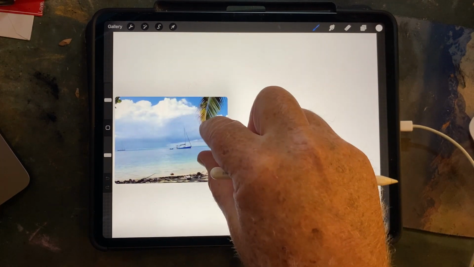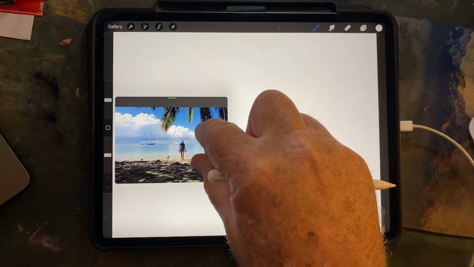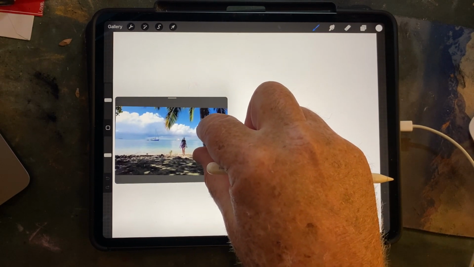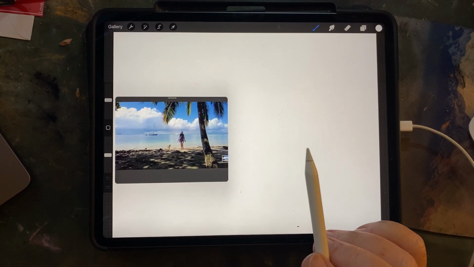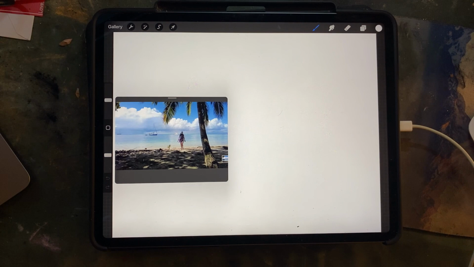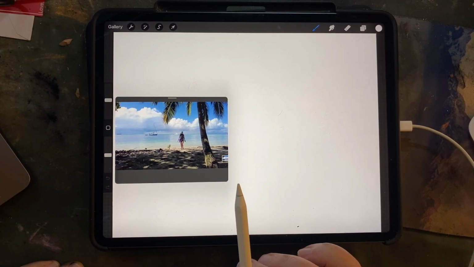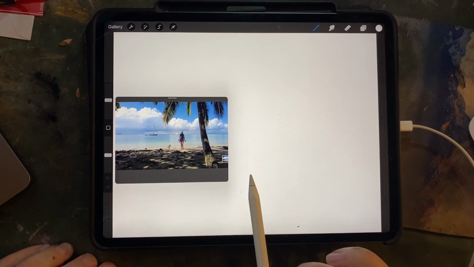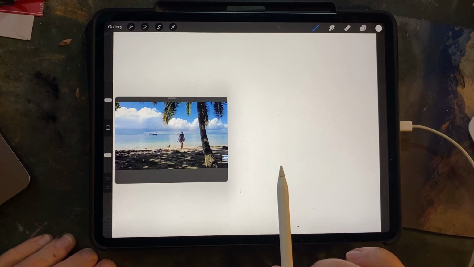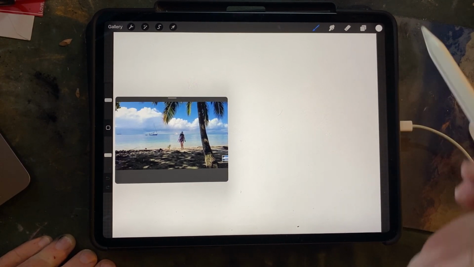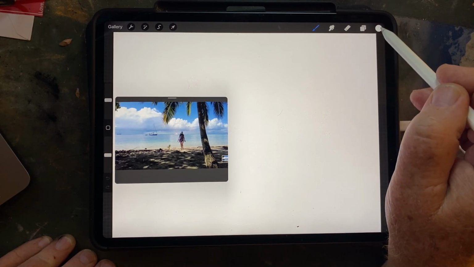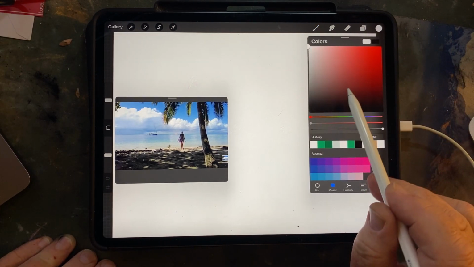What I'm not going to worry about is reproducing this as a photo. What I want to do is make this a painting, a painterly painting. It's the same process I would use if I were using traditional paint. I know that a lot of you like to see the demonstrations on the digital platform, the iPad, and using Procreate. So what I want to do first is open up the colors,